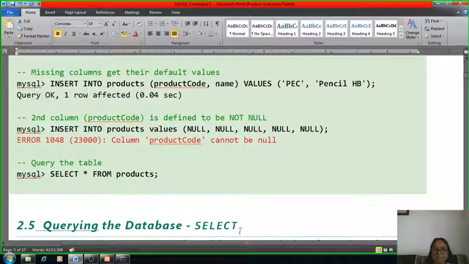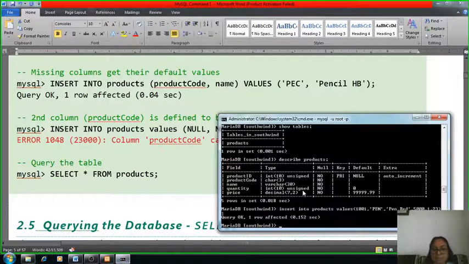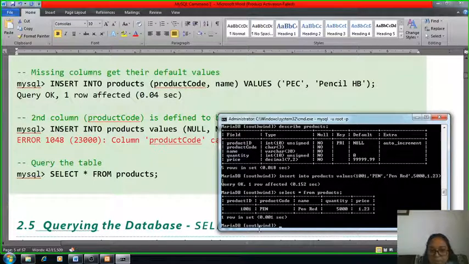The command is select star from product. Okay, now this is your insert.